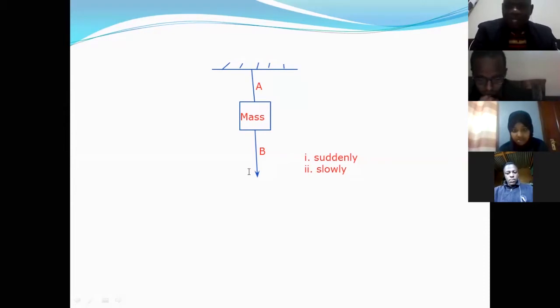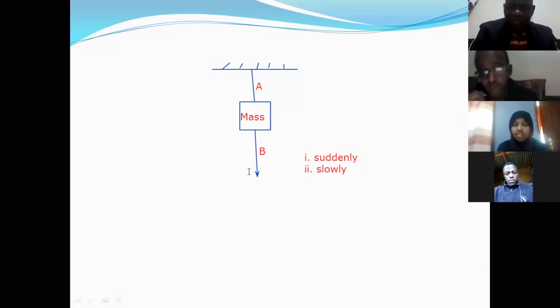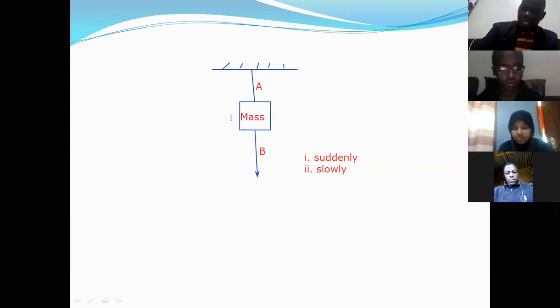Abdul Malik, you want to correct something? Go ahead. When B is pulled slowly, A will cut because it is experiencing a higher tension. Good. A will cut when you pull slowly because it will be experiencing higher tension. So please be very careful. When you pull down suddenly, that means faster. That's when the mass will resist the change of state from rest to motion. So B will cut. And I agree with Abdul Malik that when you pull down slowly, A experiences higher tension, so it will have to cut.